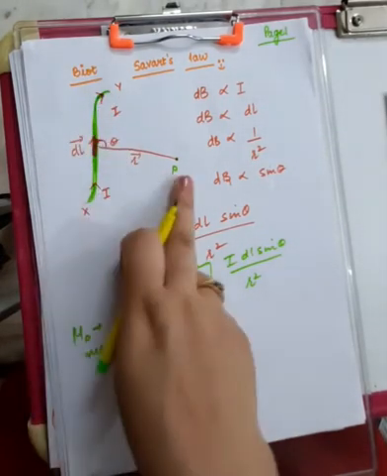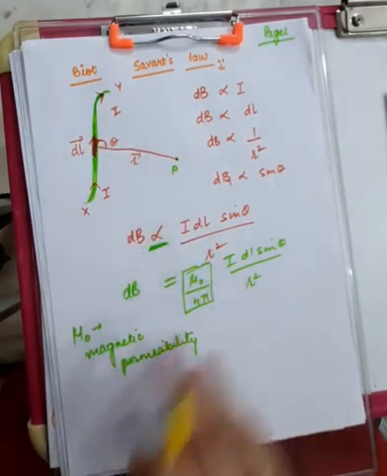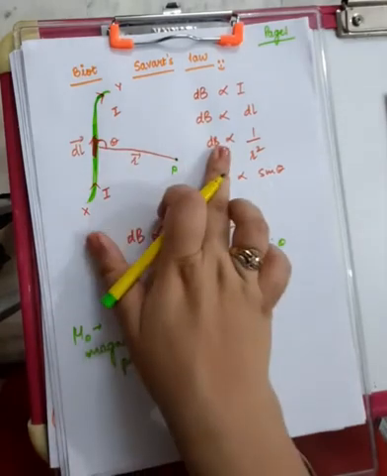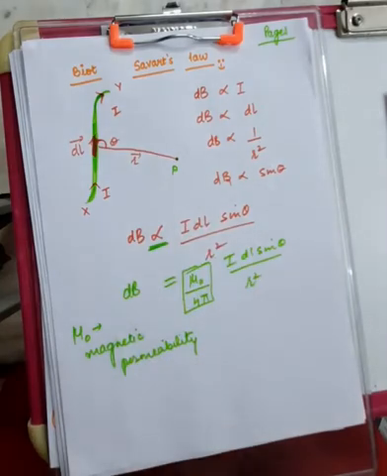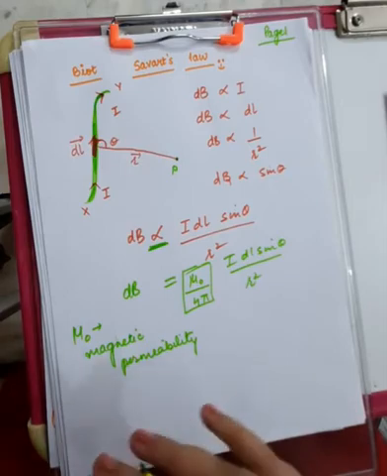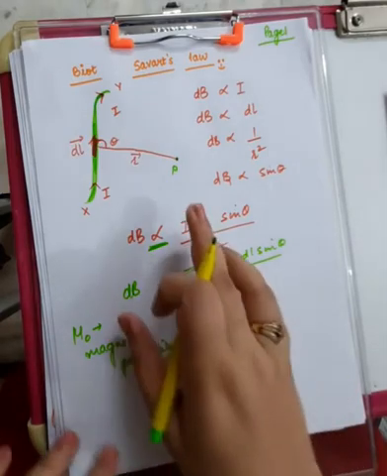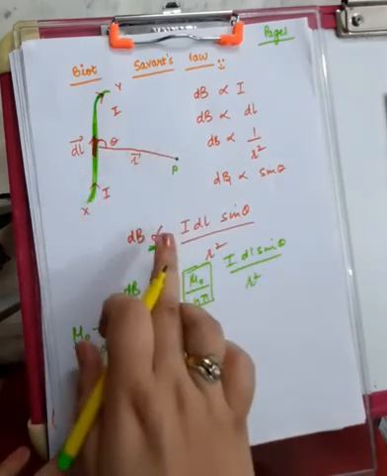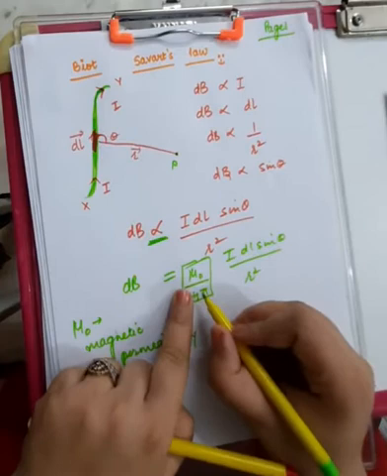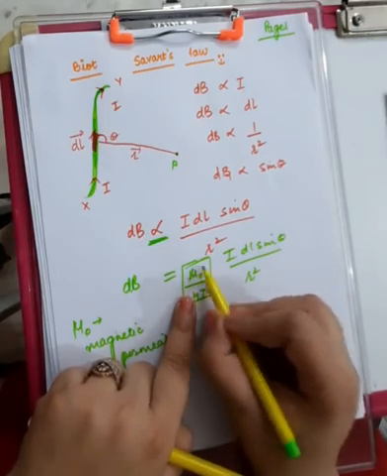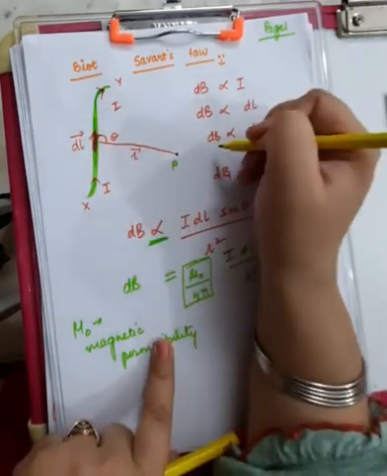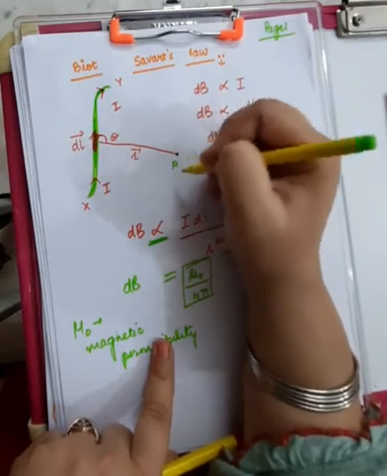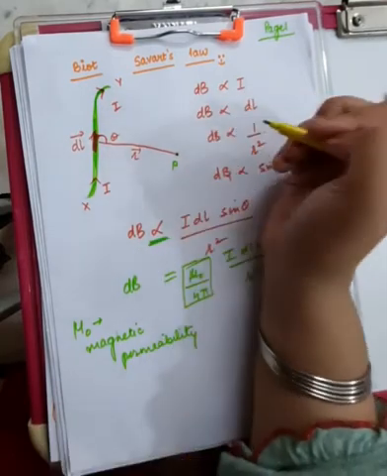Suppose if that wire, that point where you want to find out the magnetic field, if that point is situated somewhere else and the medium separating the wire and this point is no more vacuum or air, then the magnetic field will depend on the choice of the medium, right? So that's why we are including mu naught upon 4 pi as the permeability. Mu naught is the magnetic permeability, whether the magnetic field lines are permitted to travel through space so that they can generate enough magnetic field at this point P. So this is the thing.